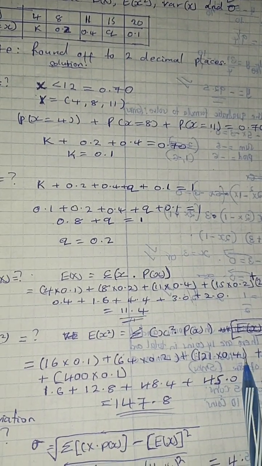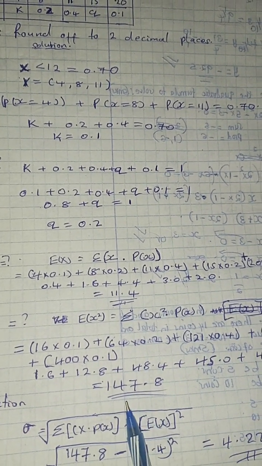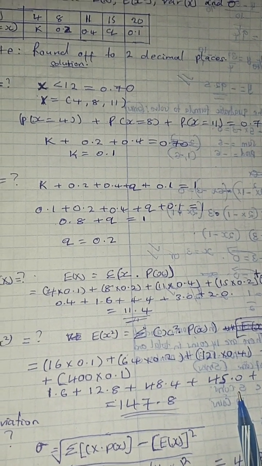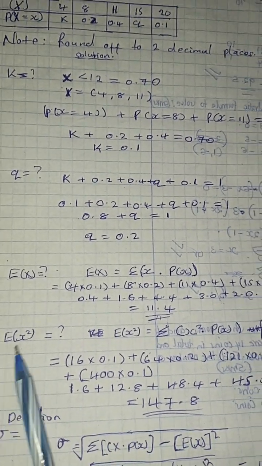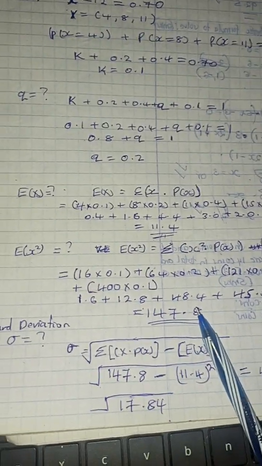And we have 400 times 0.1. Now the total is 147.8. That's how we get our E(x squared). Now let's proceed to